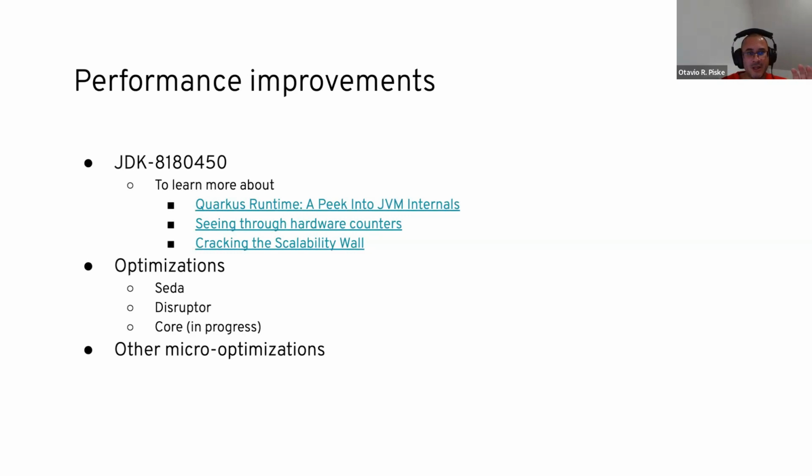If you are interested in learning more about this JDK issue, I strongly recommend looking at "Quarkus Runtime, a Peek into JVM Internals." This was a talk presented at Devoxx UK by two engineers from Red Hat. One of them was the person who popularized the importance of this JDK issue among many projects in the open source community. They talk about why this issue is important, especially if you are working on a performance-sensitive application, what they did, how it can be fixed, and how it can be analyzed. So, working around that issue,